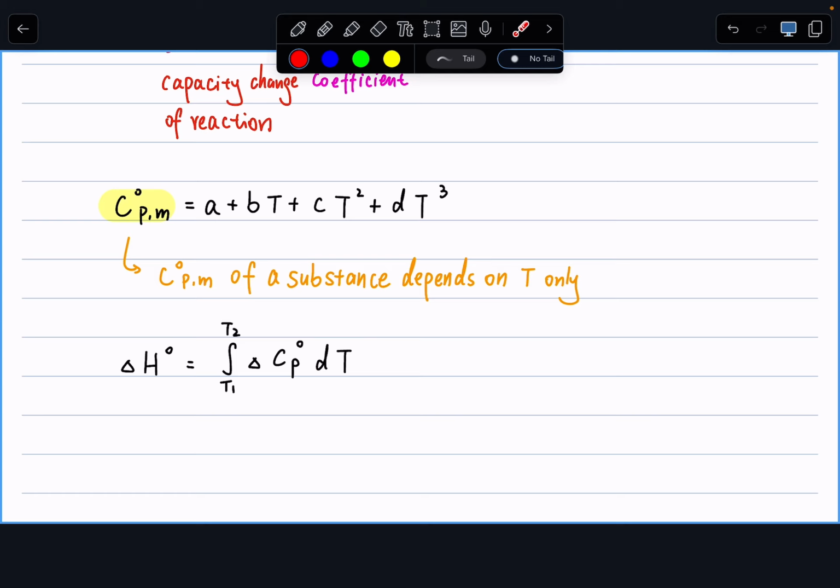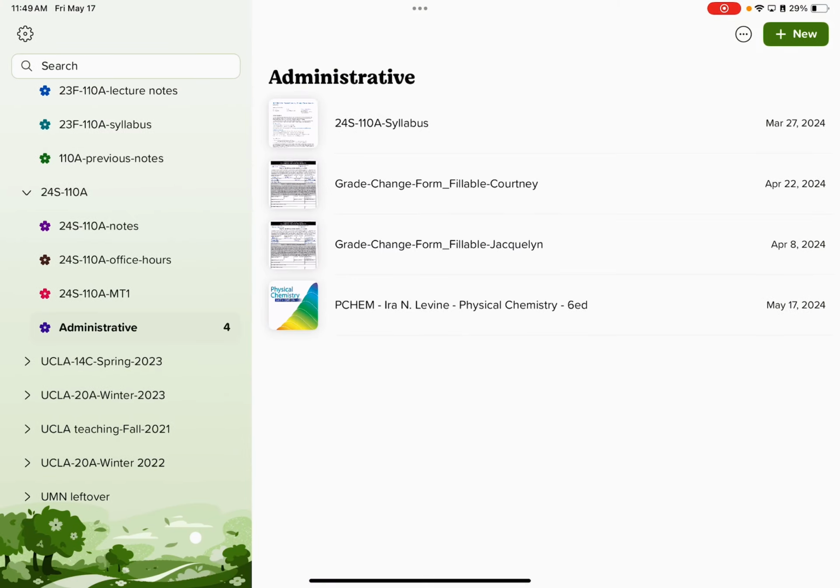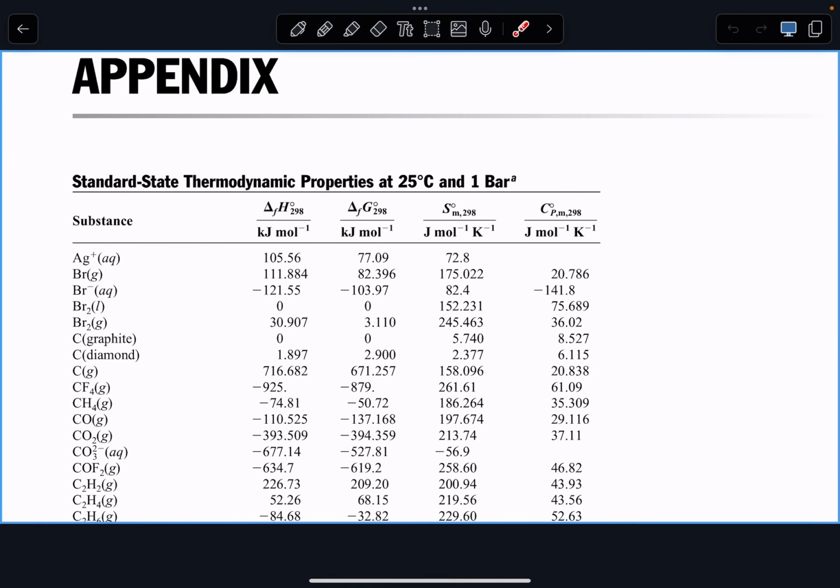This part is pretty much just knowing how to read the thermodynamic table and knowing why this term is there. And occasionally in our questions, whenever you're asked to calculate, say, the heat of reaction at 298 Kelvin, if the question is asking for a heat of reaction at a different temperature, make sure you use that heat capacity of the reaction to translate the heat of reaction at 298 Kelvin into the temperature that you want.